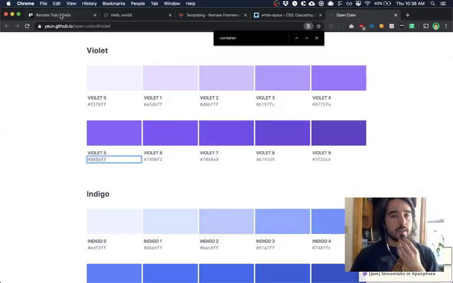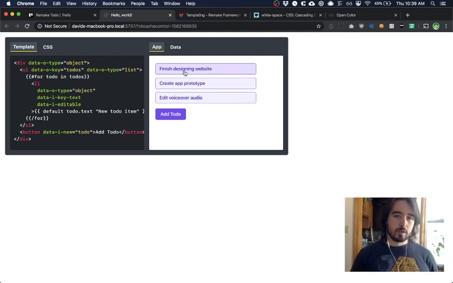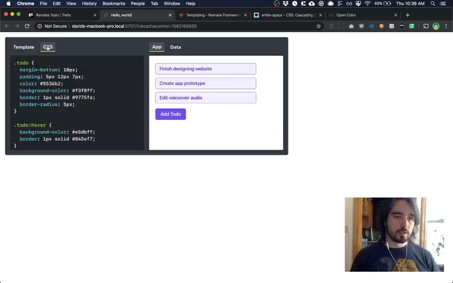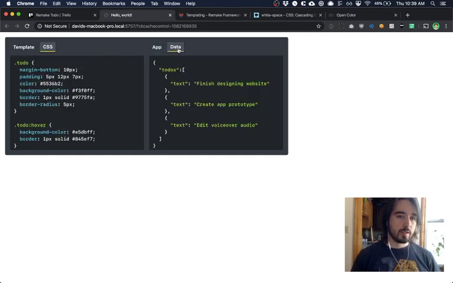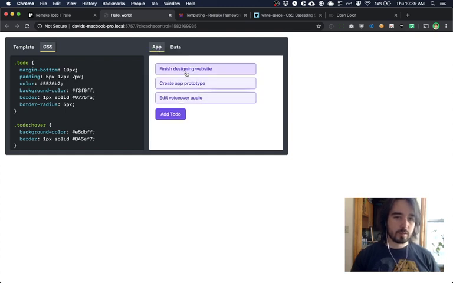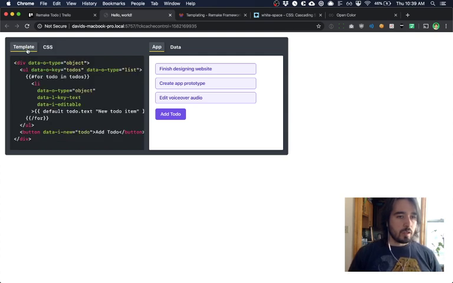Okay, so today I am working on this thing, which I'm pretty proud of. It shows an example Remake application, and it has the template code, the CSS, an example app, and the data. The only problem is the example app doesn't work. You can't click items to edit them or delete them, and you can't add new to-dos. So those are two big issues, and I'm trying to think if I can implement this without Remake. I know that sounds silly, but